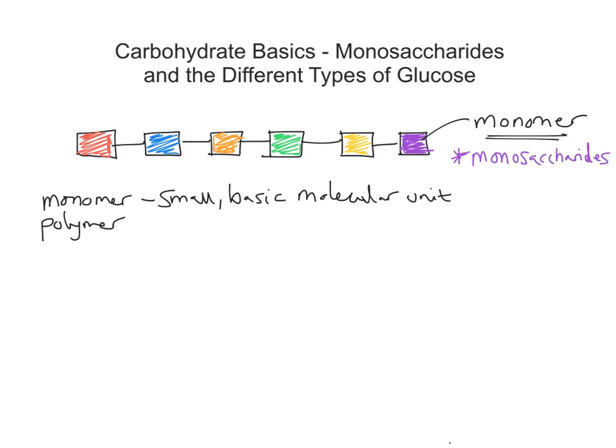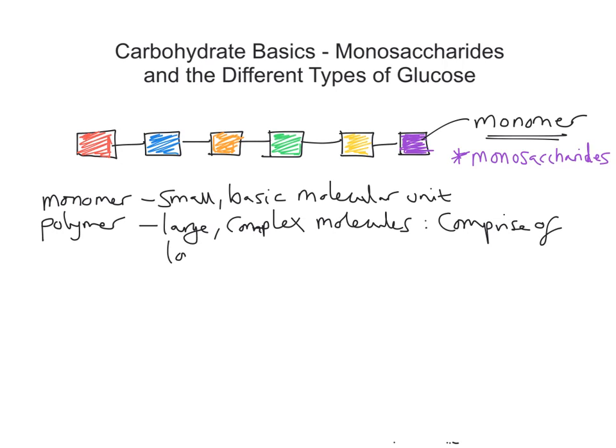So we should just start as well by defining a polymer. So we said they were large, complex molecules, so large complex molecules, and they comprise of long chains of monomers. So we'll just put that information in there. Comprise of long chains